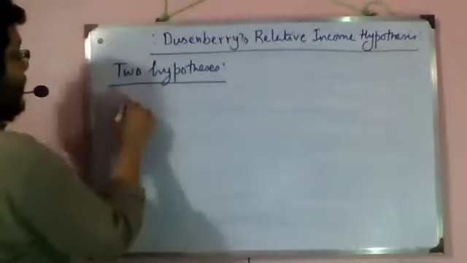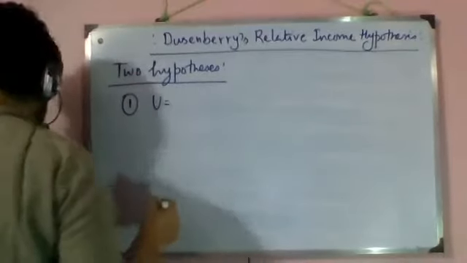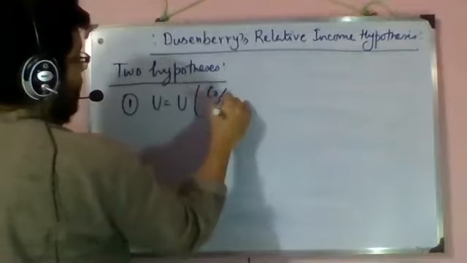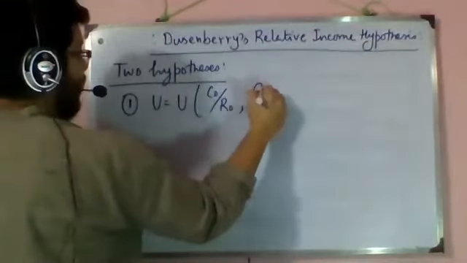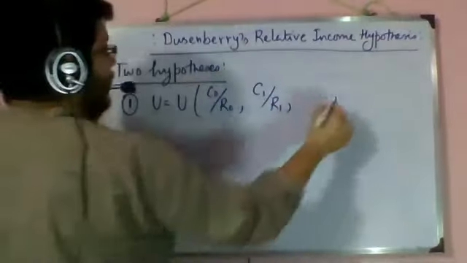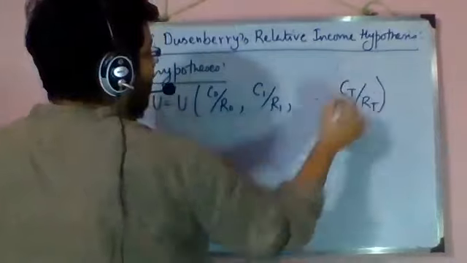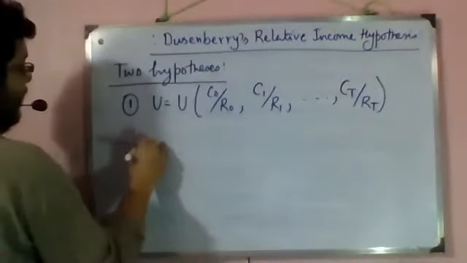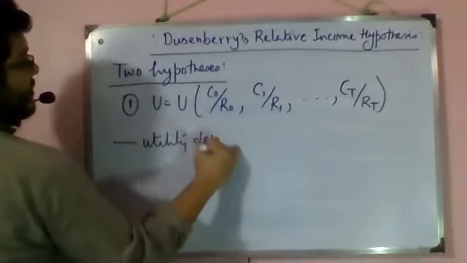So number one is that the utility function that we are going to write here is structurally different from all the others that we have just written. So U equal to f of C0 by R0, C1 by R1, and at the end CT by RT. So what does it say in English? It says that utility depends on